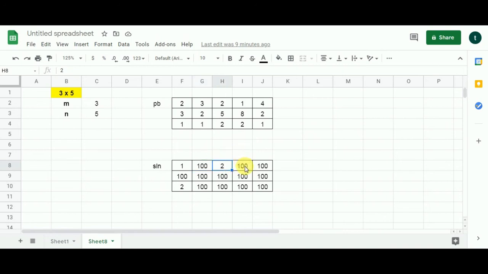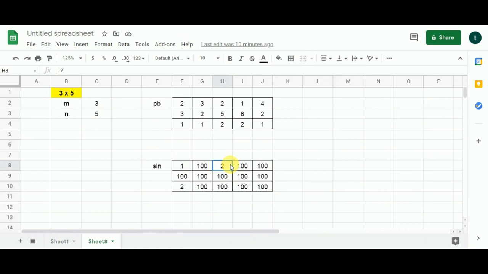Number 1, if the cell we are investigating contains the maximum value, then we need to skip it. Number 2, the value of the same cell in the problem matrix when added to the current column index or row index, then the result should be less than n and m. Number 3, if the value in the next cell we will move to is less than the value in the current cell plus 1, then it stays, otherwise it is replaced by the new value. We will check these 3 conditions for every cell we encounter in this matrix.